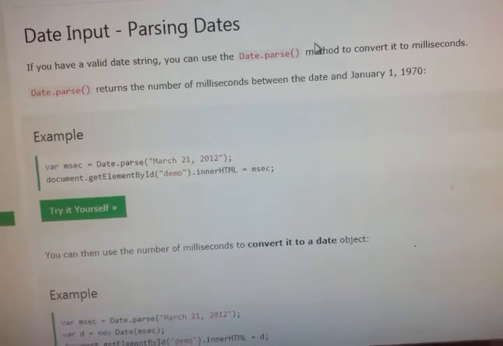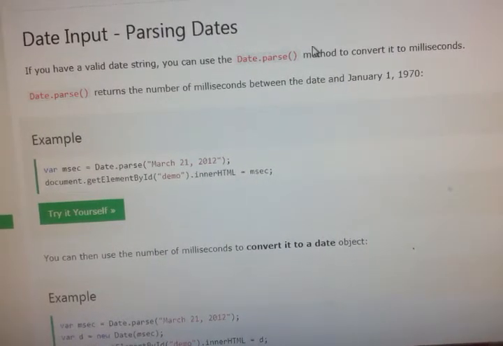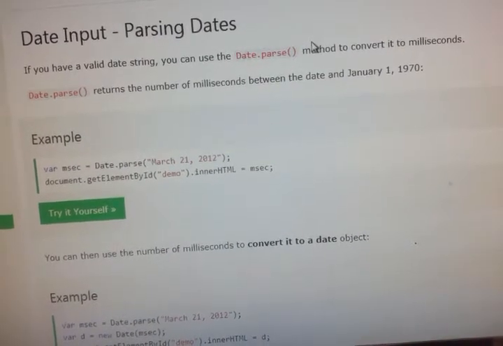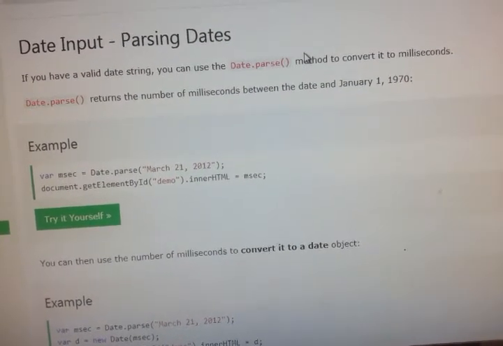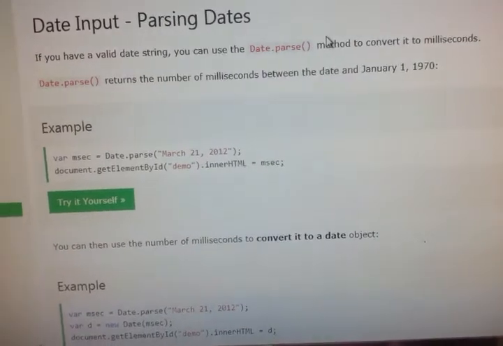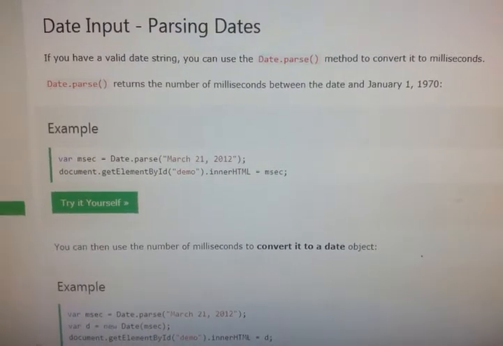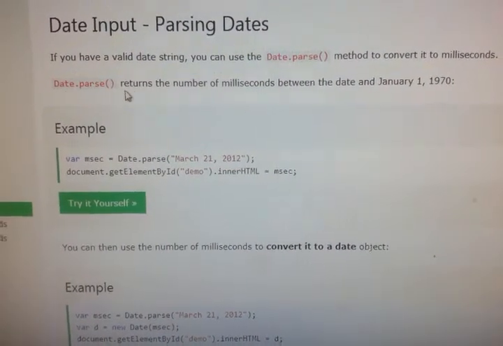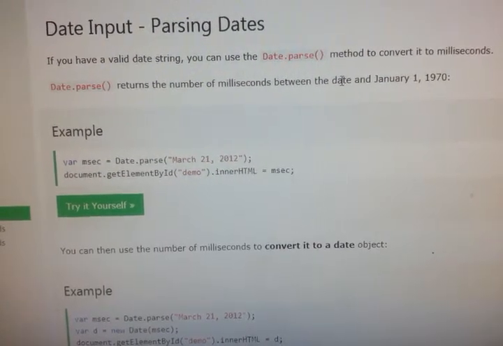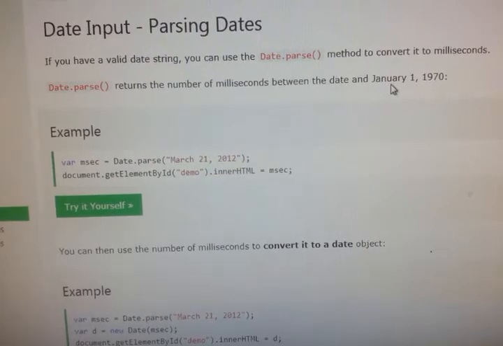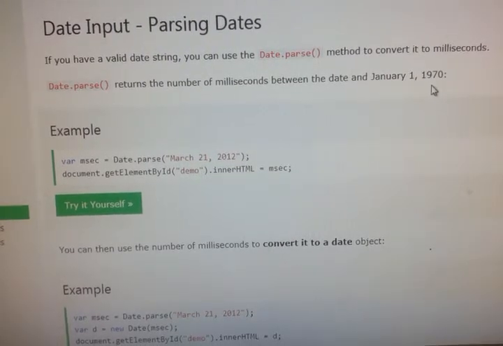If you have a valid date string, you can use the date.parse method to convert it to milliseconds. Date.parse returns the number of milliseconds between the date and January 1, 1970.